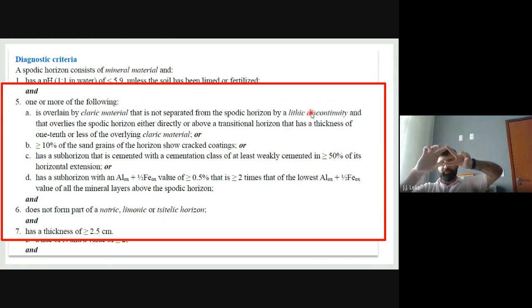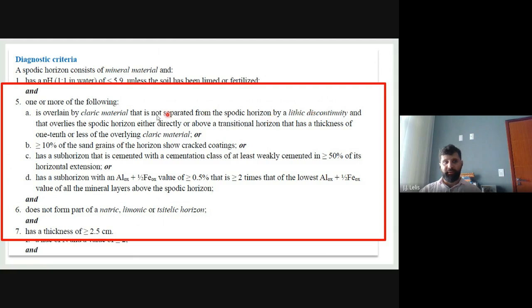So this difference of texture, difference of color is not related to sedimentation of material. It's a pedogenetic process. It's a migration process. It's not only sedimentation of clayey material, organic matter rich material, and sandy material. It's not something that was deposited by a river. It's something that was created because of the migration of clay. Okay,